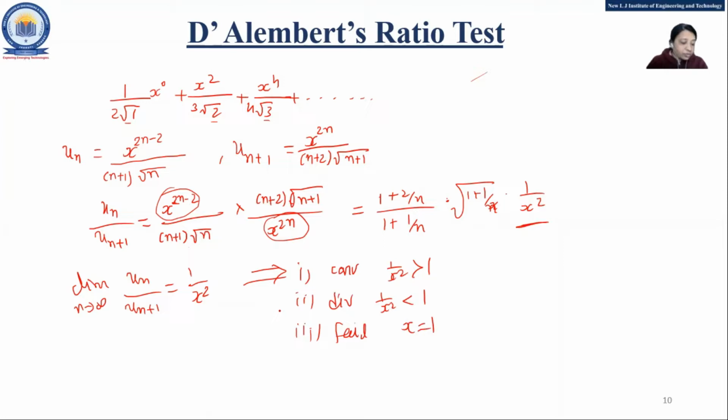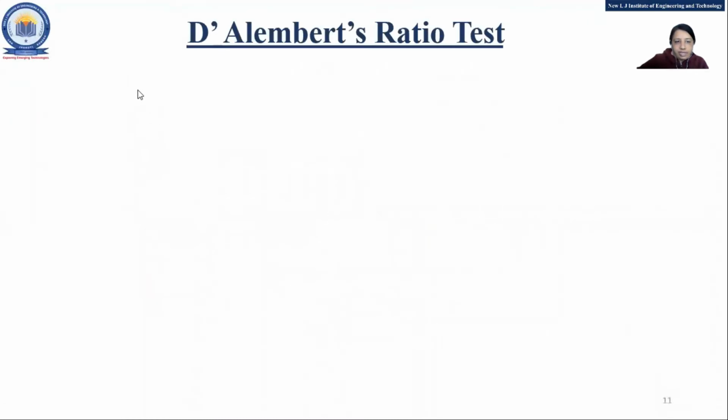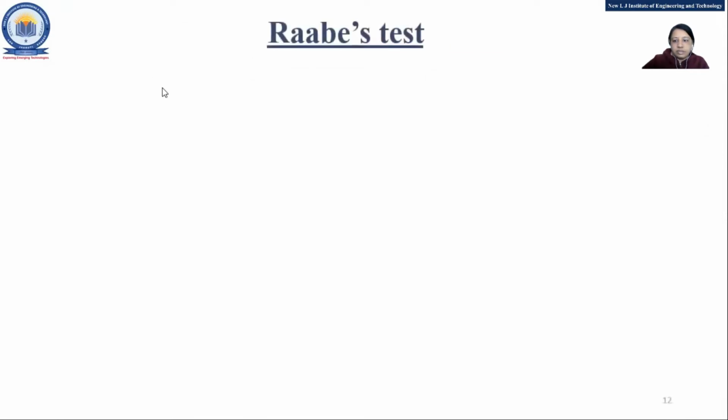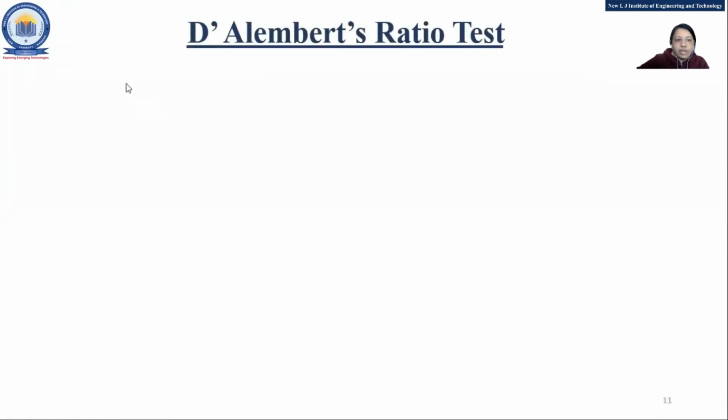So what are we going to do? Again we will take un. So un is what? Just a minute. Un is, let's take a time test. Un equal to 1 upon n plus 1 root n. Here we have assumed x equal to 1, so 1 raised to anything will give you 1. So this is our un. Fine. Now just simplify it.